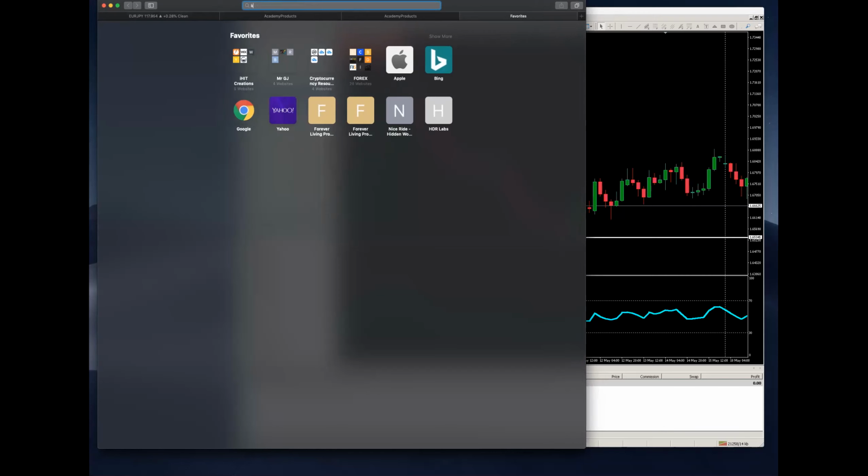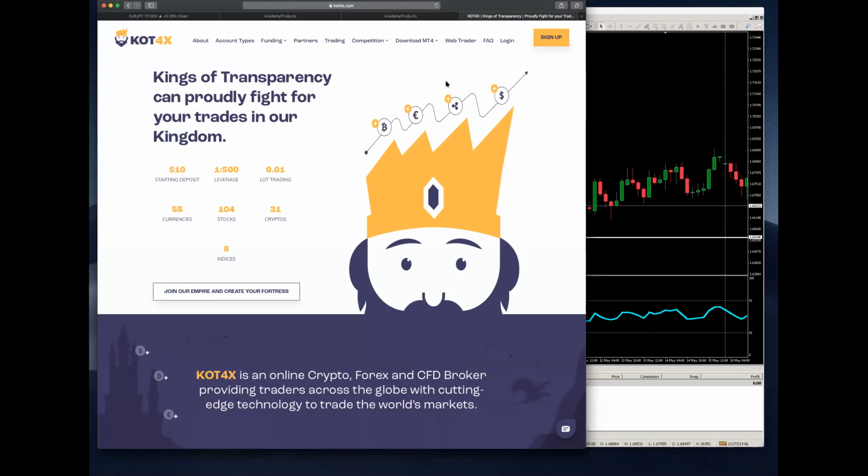So let's say the broker that you've decided to go with is KOT4X. So I went to their website. If you went to Hugo's Way, if you went to CoinX, whichever broker you went to, they will have an option for you to download the MT4. I'm on a Mac right now, so I'll explain the Mac download after this. But for those with PCs, which is most people,